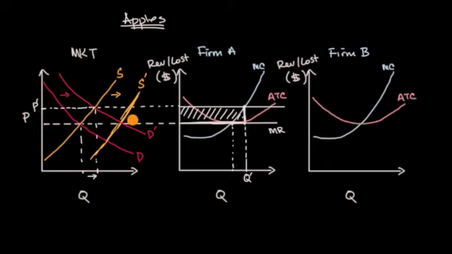It wouldn't shift further to the right because no one's going to enter if they're making economic loss. It'll keep shifting until no one is making that economic profit. And so you see what happened in this constant cost, perfectly competitive market, that now we are back to this equilibrium point where we are at a higher quantity because people like all the benefits of these apples, but we're at the price we were before, which is the same marginal revenue curve that we were before for the various players